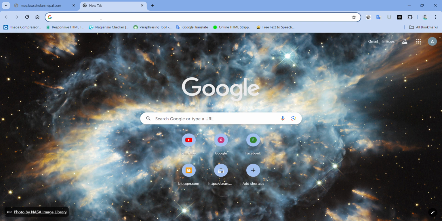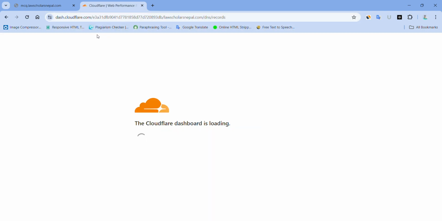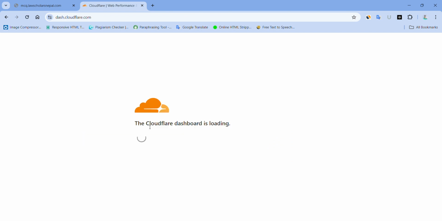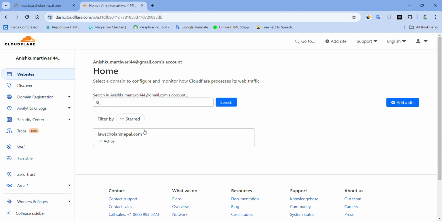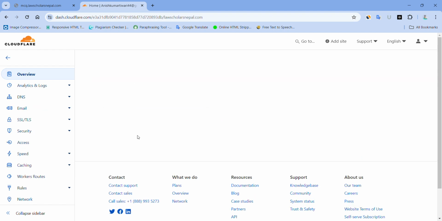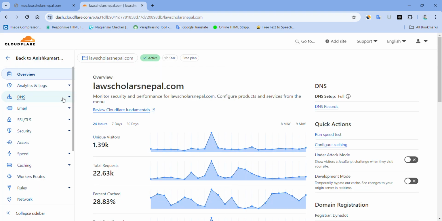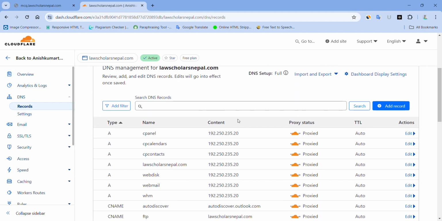First, you have to log in to your Cloudflare account. After that, select a domain name and then click on DNS, and click on the records, and create a new record. Click on add record